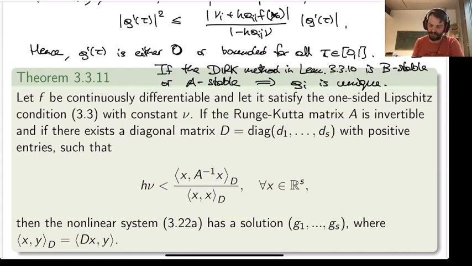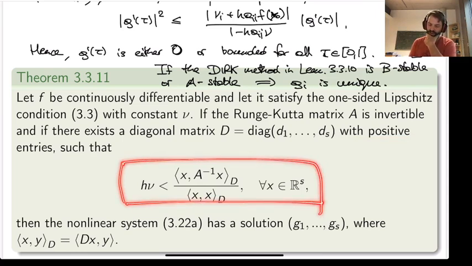So the same as we said before. Then we now look at arbitrary Runge-Kutta methods, not just diagonally implicit ones. If the Runge-Kutta matrix A is invertible, so that's a new condition we haven't looked at before, and if there exists a diagonal matrix D with positive entries such that this condition holds,